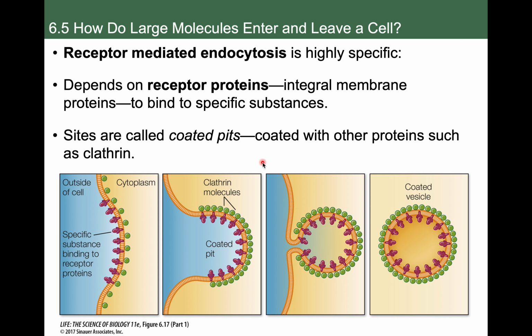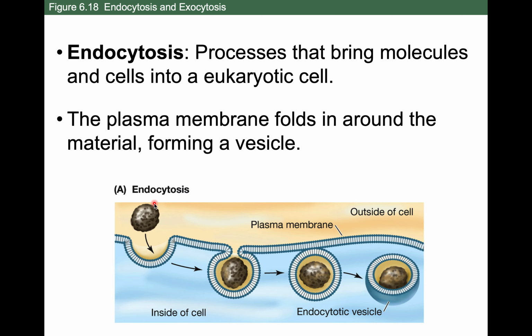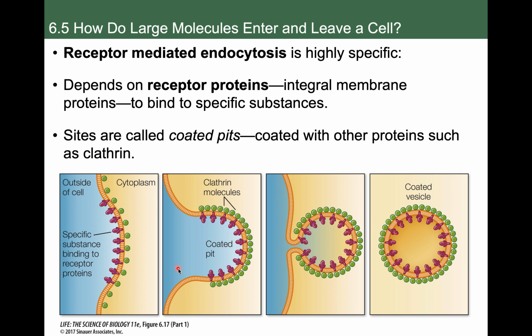And last thing I wanted to mention with endocytosis is there is a way to make this more specific through what's called receptor-mediated endocytosis. The cartoon here I was just showing you is just some generic, whatever happens to be outside the cell just gets taken in. But you could imagine situations where the cell only wants to take in very, very specific items. And so the way it'll do this is it'll have regions of the plasma membrane